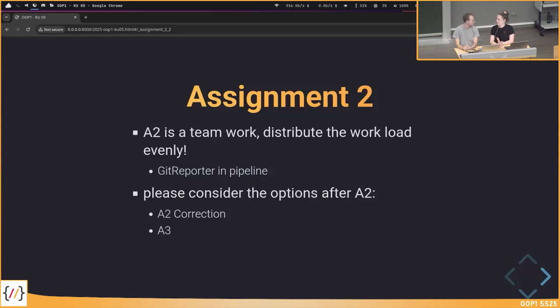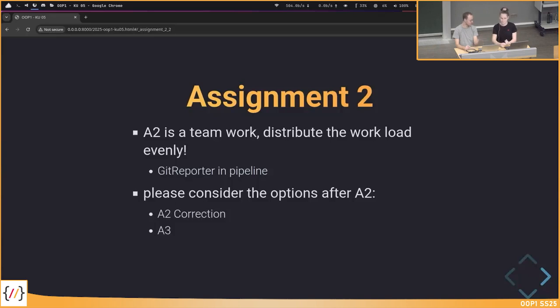And the contributions you do really need to be from you. So you need to commit them from your own machine, and you can't do the whole assignment where three of you sit in front of one laptop. Each one of you has to complete some part of the assignment, and we also need to be able to see that with the commits on the repository.